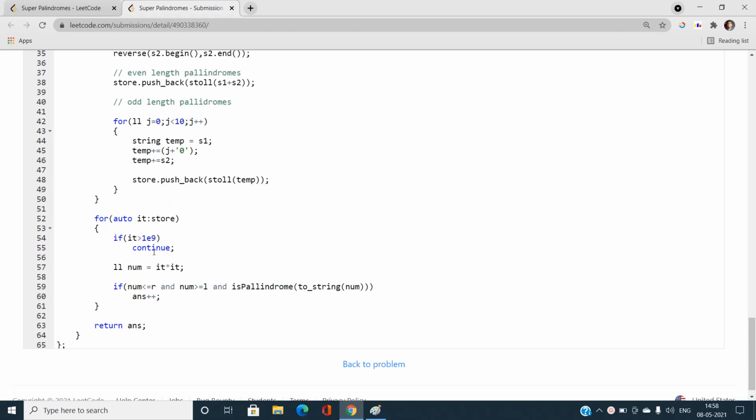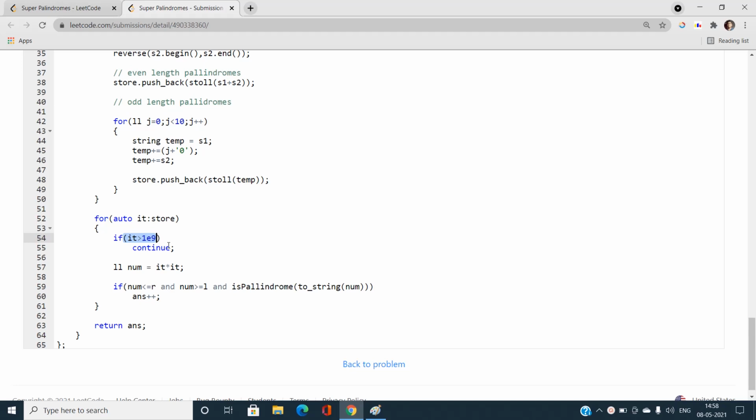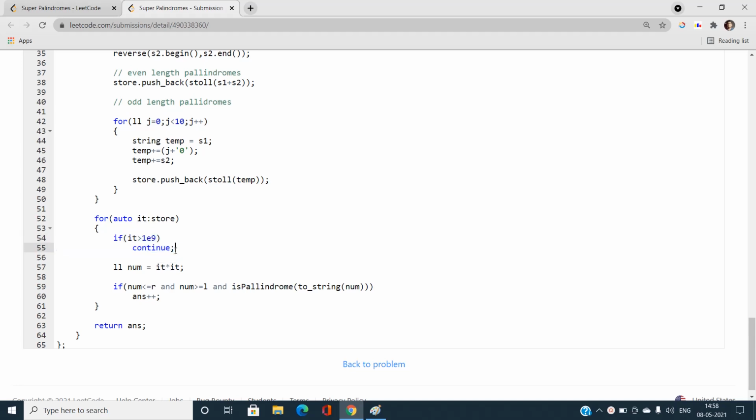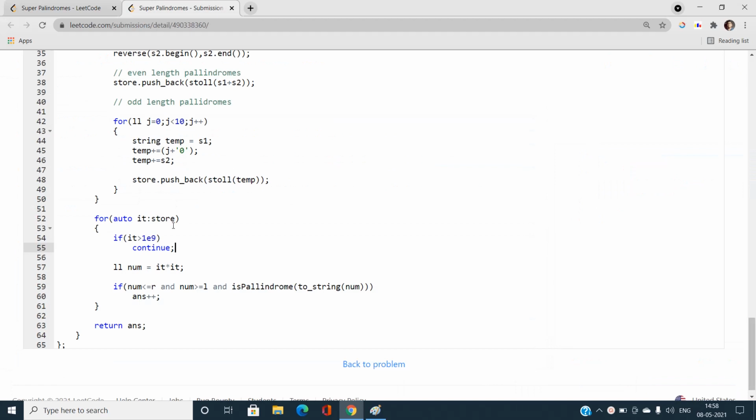Just iterate in the store vector, and if some value is greater than 10 power 9, I'm not including it, and the reason is this: if some value is greater than 10 power 9, then the square of this value will exceed 10 power 18. So I'm not considering that value. If it is greater than 10 power 9, just continue. Otherwise, find the square and check whether that number is a super palindrome and within the given range, then I'm going to increment my answer.